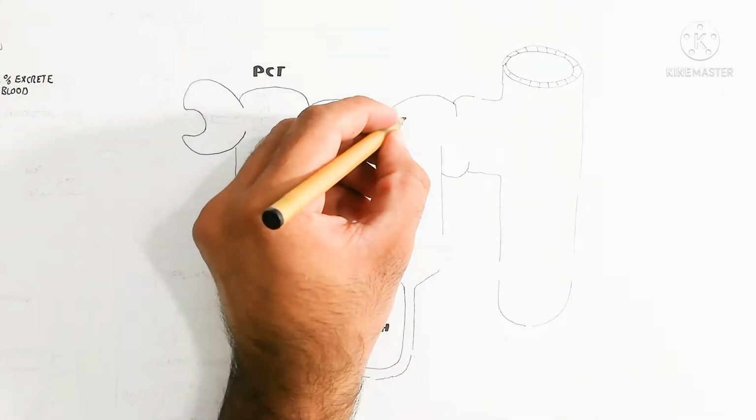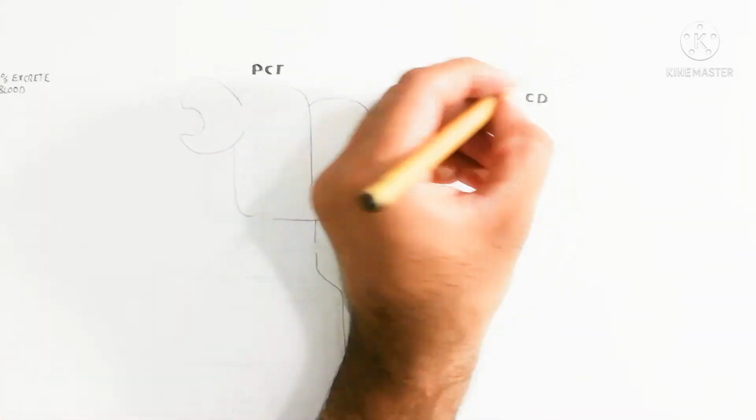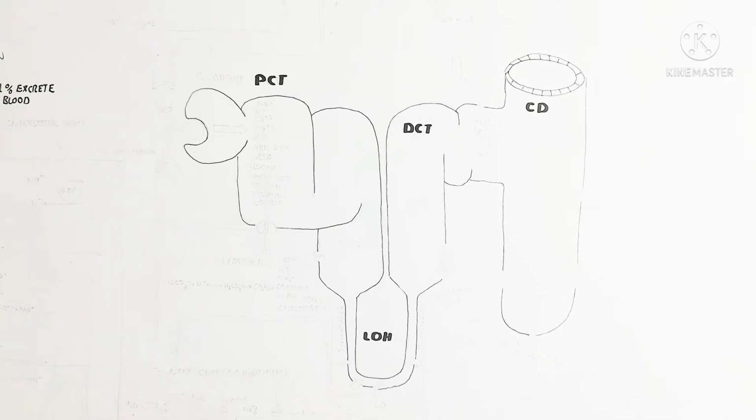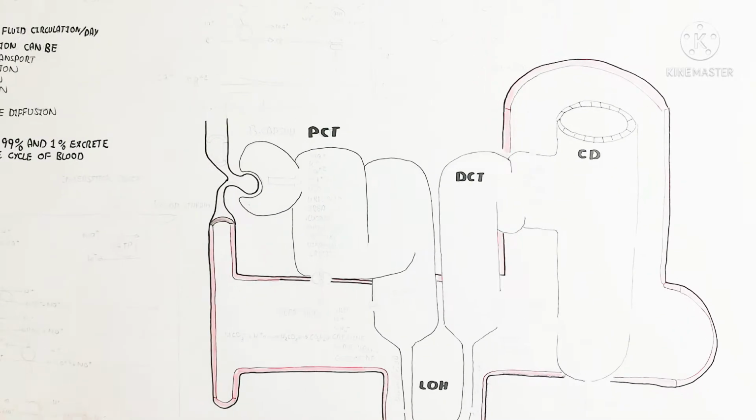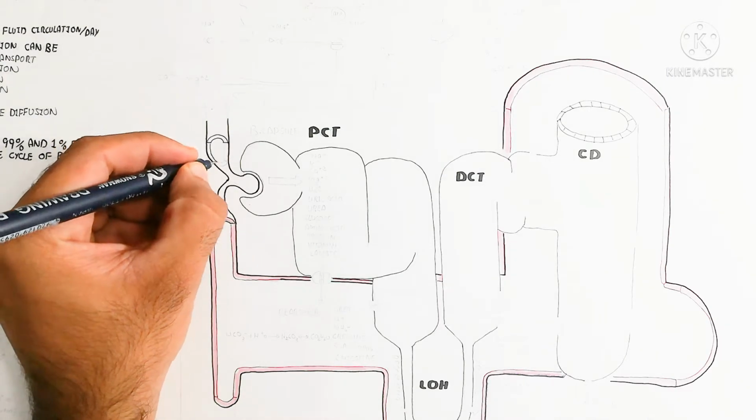So in this way, here is the nephron. The nephron contains the proximal convoluted tubule, loop of Henle, distal convoluted tubule, and collecting duct. The collecting duct contains a distal collecting duct and a proximal collecting duct. Here you can see the